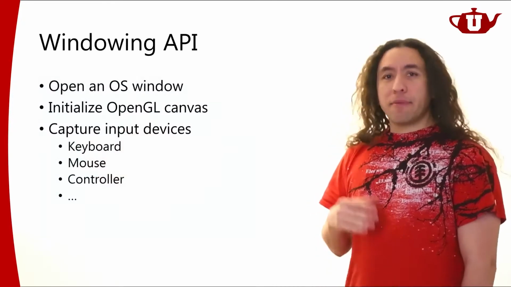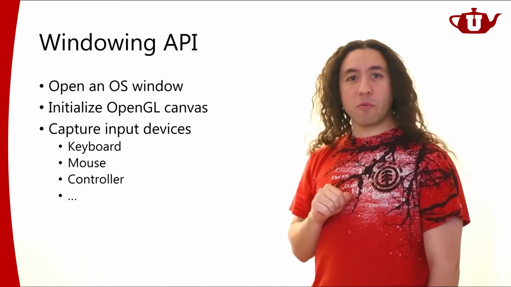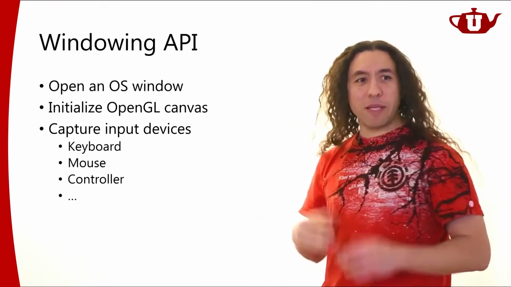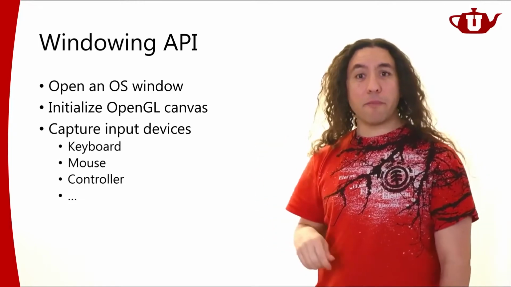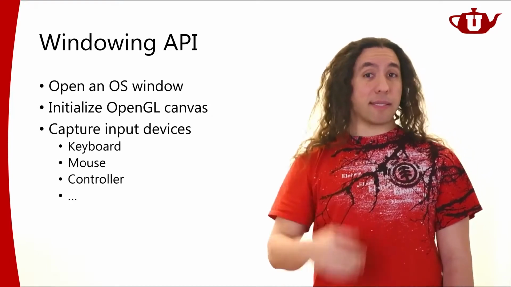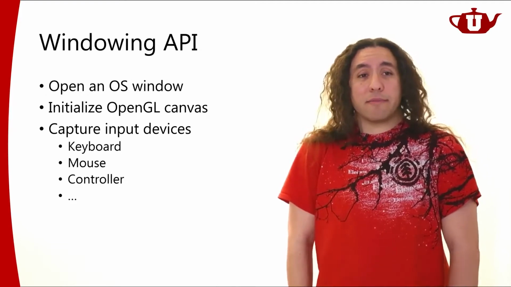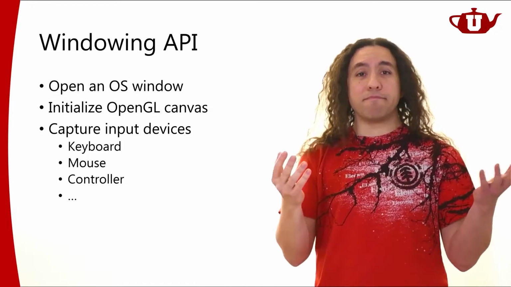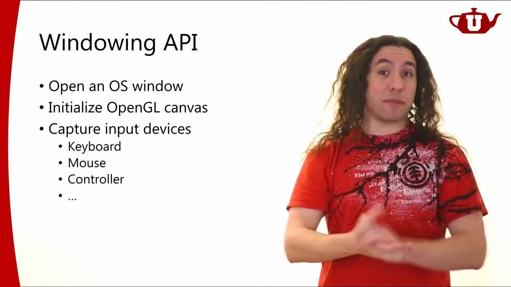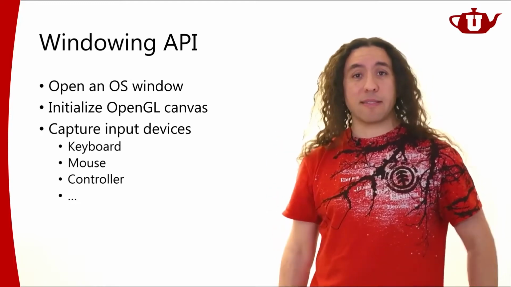So if we were to summarize, the windowing API is going to give us an operating system window that we can draw on. Our GPU is going to render on that window, and we will be displaying it inside that window. We will initialize the OpenGL canvas. So for example, we talked about Z-buffer rendering last time. You don't always need a Z-buffer. Sometimes maybe you're just drawing a triangle. Maybe you're drawing something 2D. If it's 2D, then everything is flat, then you don't have the depth. If you don't have the depth, you don't need a Z-buffer. If you don't need a Z-buffer, you don't need to allocate a Z-buffer and start doing Z-buffer tests and stuff like that.